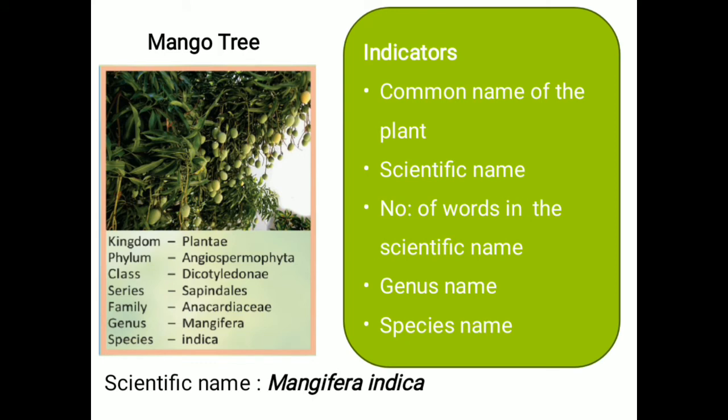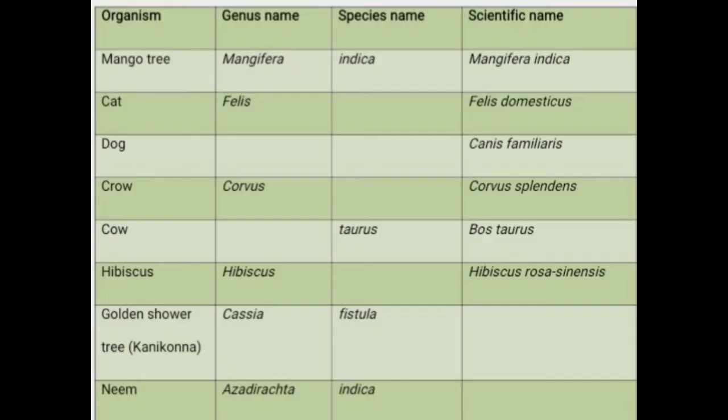So as shown in the illustration, you can see the scientific name given according to binomial nomenclature. Mangifera indica is the scientific name of mango tree, and it is given by joining two words, that is Mangifera and indica. According to binomial nomenclature, the first word indicates the genus name, so here the genus name is Mangifera, and the second word indicates the species name, and it is indica here. So the genus name of mango tree is Mangifera and the species name is indica. I think now binomial nomenclature is clear for you.